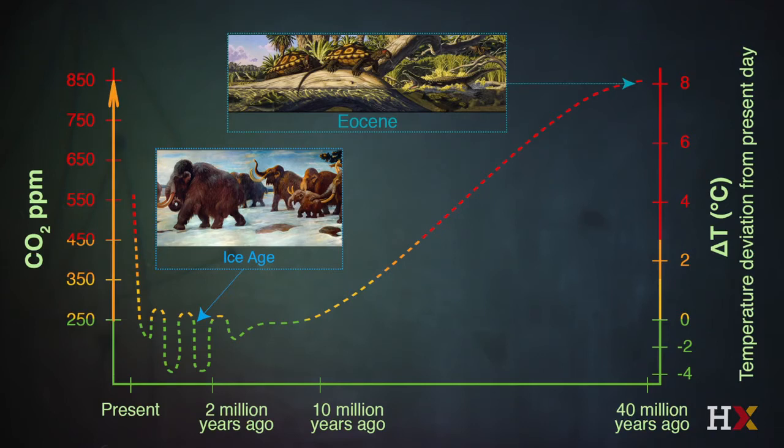And as we'll see in a moment, it's the carbon silicate chemistry that draws carbon dioxide out of the atmosphere on the time scale of tens of millions of years. And so when we look at the condition 40 million years ago, the average surface temperature was some 8 Celsius or 8 Kelvin above the current level, and the carbon dioxide concentration was about 850 parts per million.